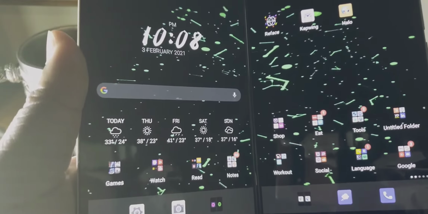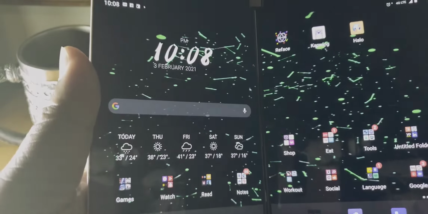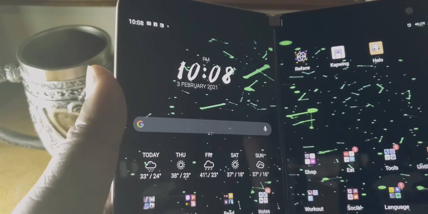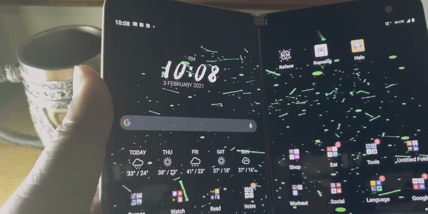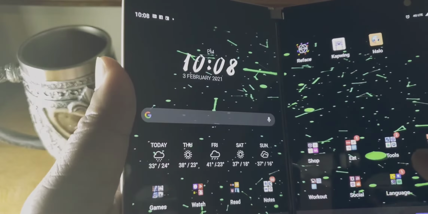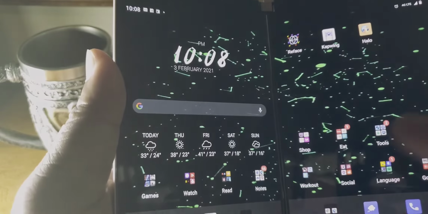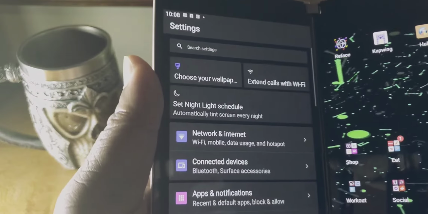So ever since the release date of the launcher, I've been using Microsoft Launcher. The problem with using the launcher is if you download another launcher in the Play Store, it will overlap this one. So it'll be confusing. The device will not know what you're trying to touch on the screen, and I'll basically show you what I mean. So you'll go to Settings,